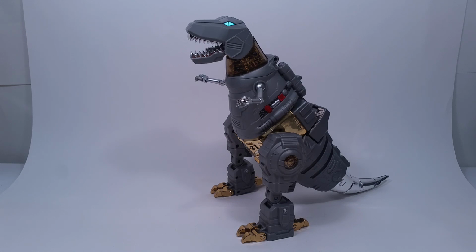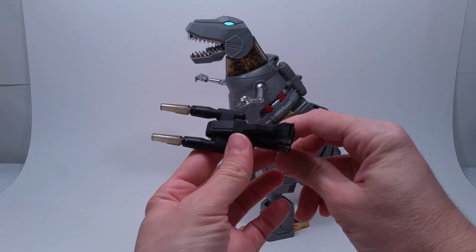I'm glad I get to take an early look at him before he gets released and get to mess with him, and I'm excited for him to come out. So there he is in front of us. Before we get into him himself, I want to take a look at the accessories that he came with in this pre-production sample. First thing he came with is his dual blaster